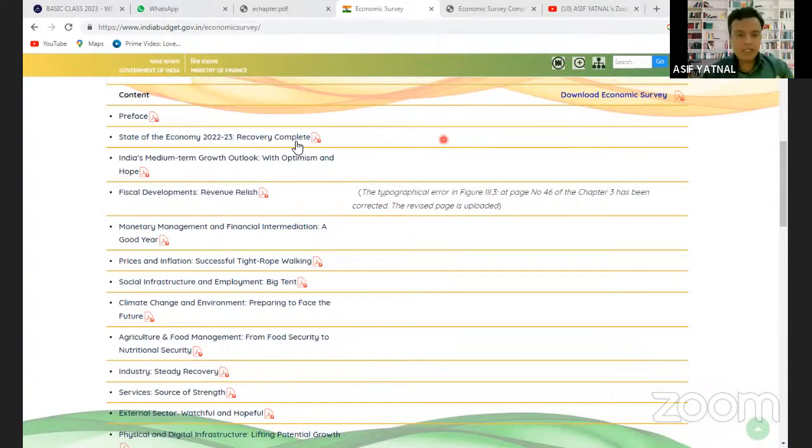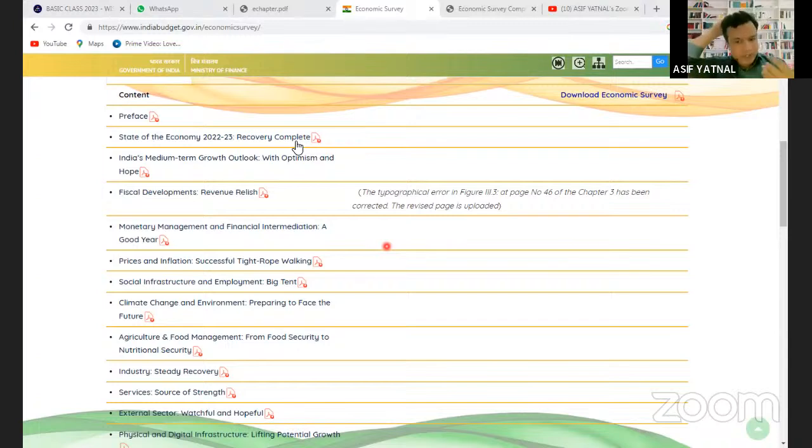Now again remember, the economic survey is a document published by the government. It is published by the economic advisor of the government. So everything which has been given in the economic survey will be positive. Economic survey में कोई भी चीज negative नहीं होगी. Economic survey will always say that India's economy is in good shape. Indian economy में these challenges are there, but again, government उन challenges को address करने के लिए कोशिश कर रहा है और वो कोशिश कामयाब हो रही है. ऐसा ही picture उसमें रहेगा.